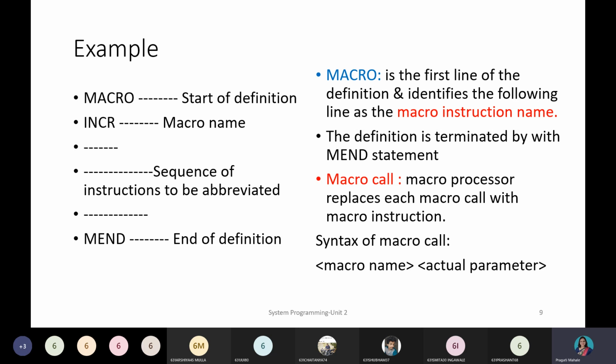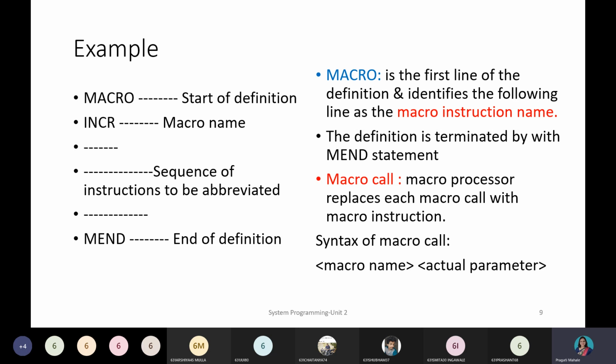You can give any name to your macro. Then we have a certain sequence of instructions, statements, that is the body of the macro. And the end of the macro is indicated by the END statement. It indicates the termination of the macro, right?